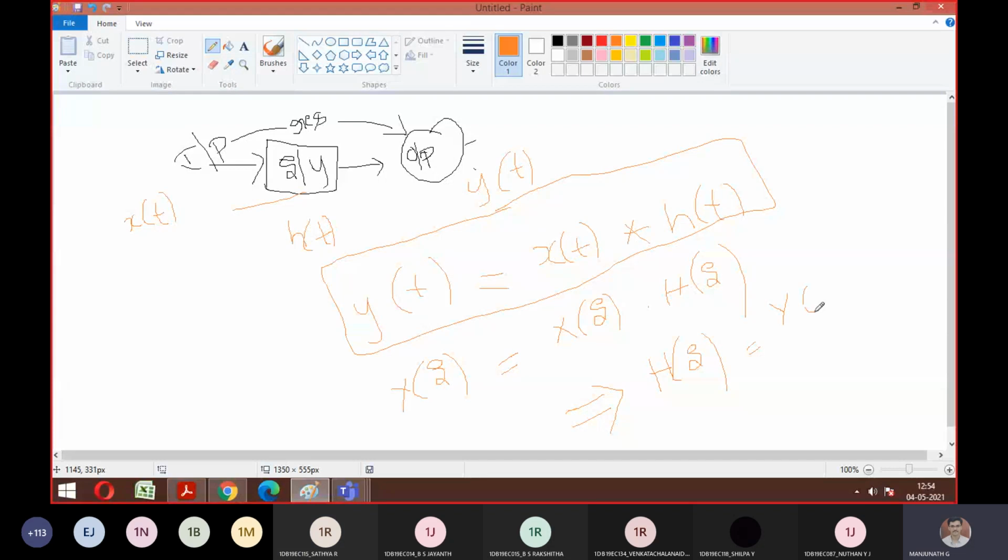Yes, sir. So whenever you want to find the response of any system, if you take the ratio between output to input, that itself is called the transfer function. So I hope I made it clear, what is the meaning of transfer function to everyone? Is it clear, guys, till here? Yes, sir.